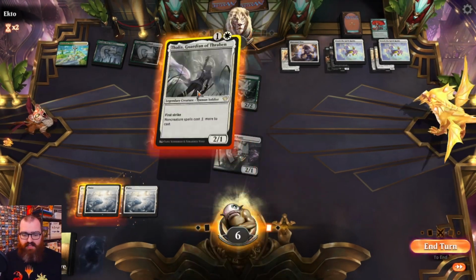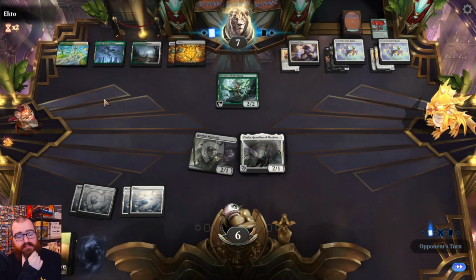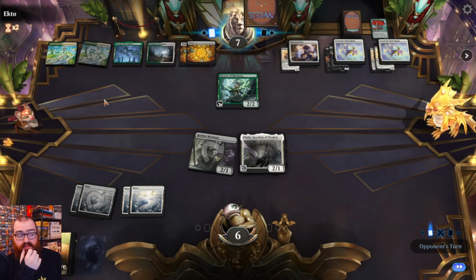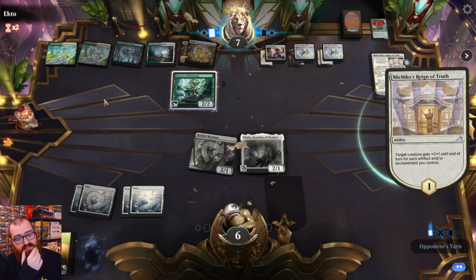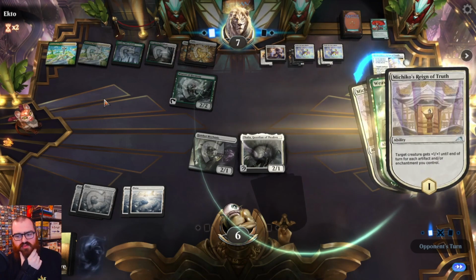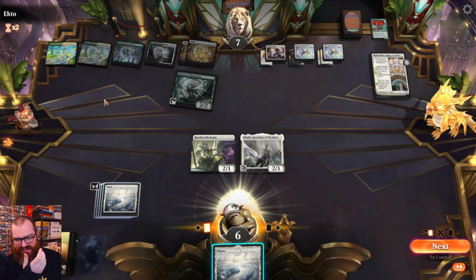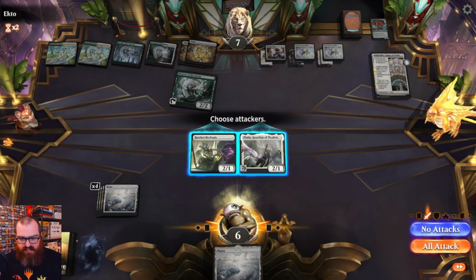Attack for 2. Thalia. I wonder what our opponent could have. Well, we have to chump with the Thalia. So, that's not particularly great. Ooh. I don't know if our opponent wanted to copy it, because now our opponent couldn't attack. So...